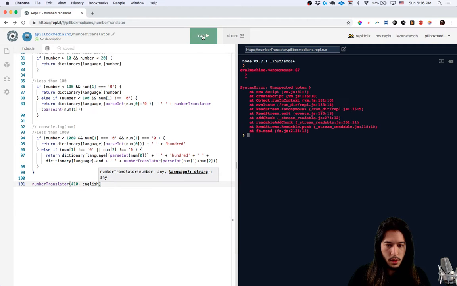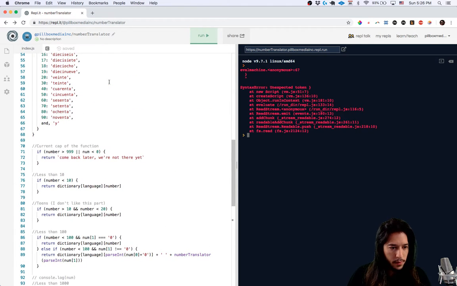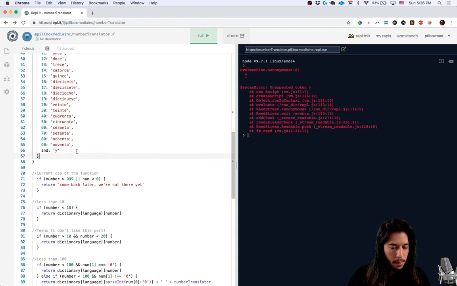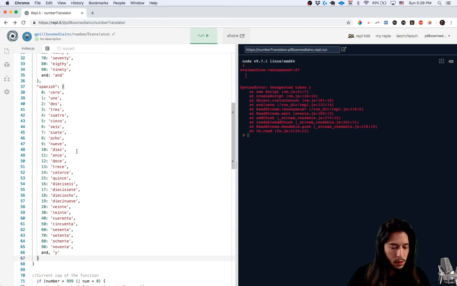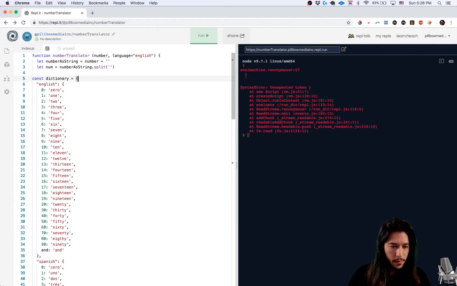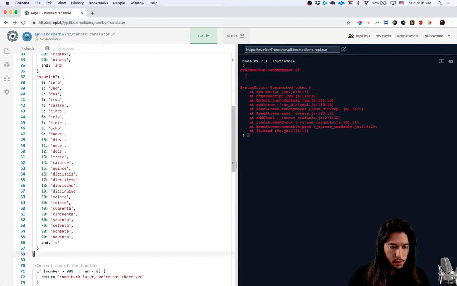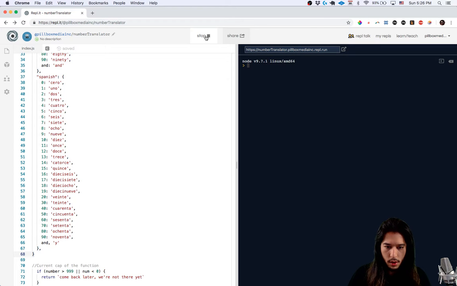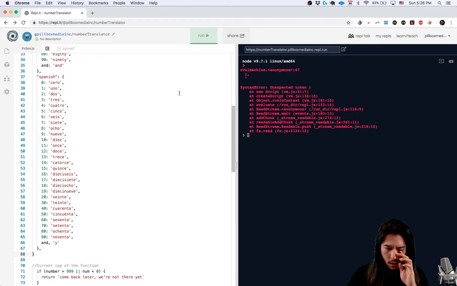This is our first. Oh, what's the problem here? Unexpected token. Line 67. What did I do wrong? Got a nested object here. Do they want to see a comma here? So this bracket closes off this. This comma separates English from Spanish. This bracket here then would be the closing bracket here. What's the issue here? What did I do wrong?